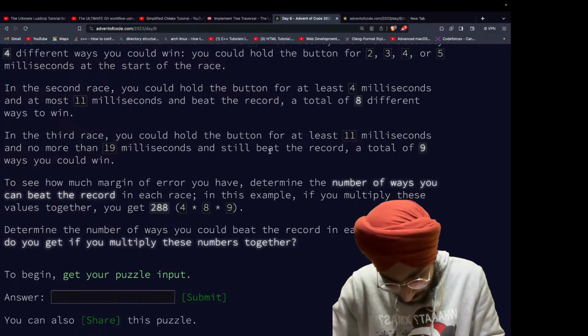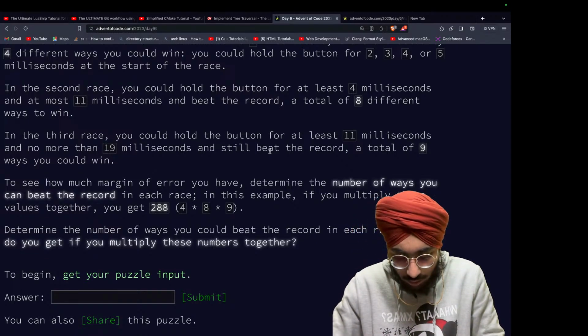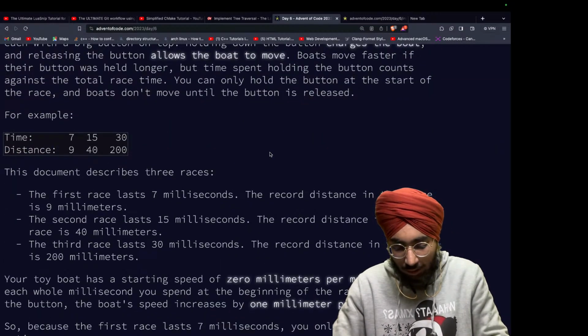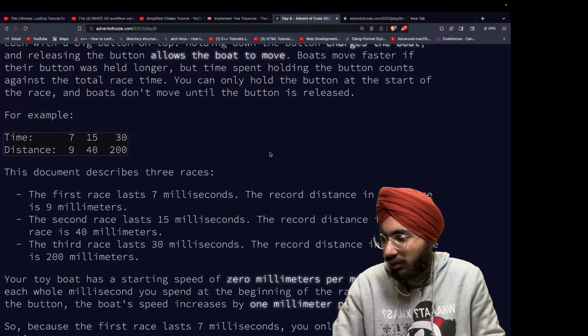So it is like for i, which goes from 0 to, since not 0, because